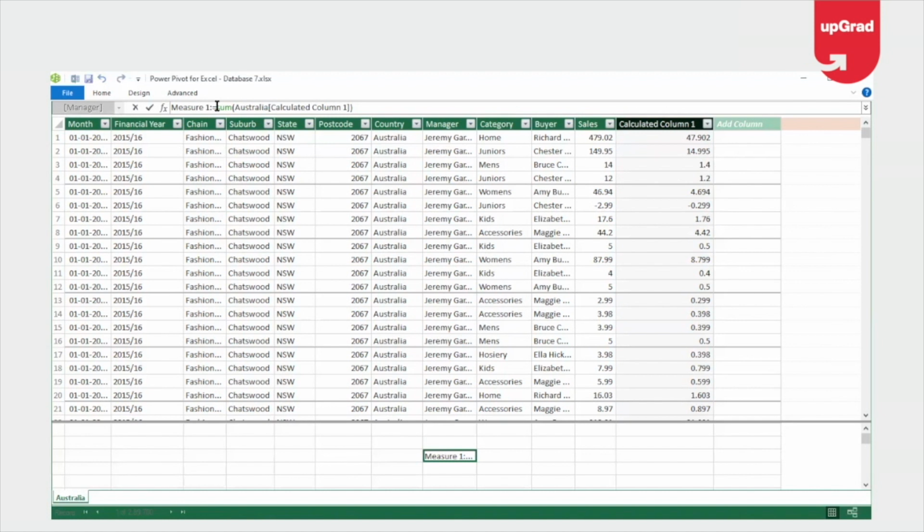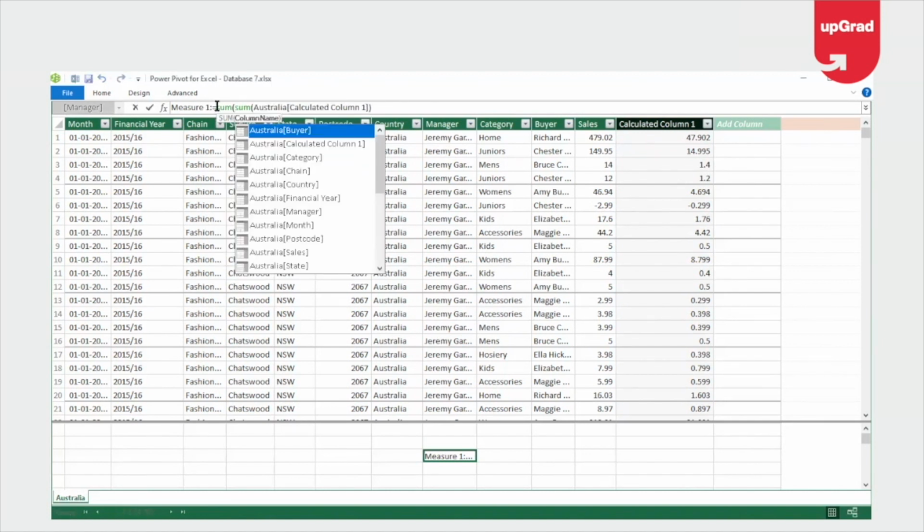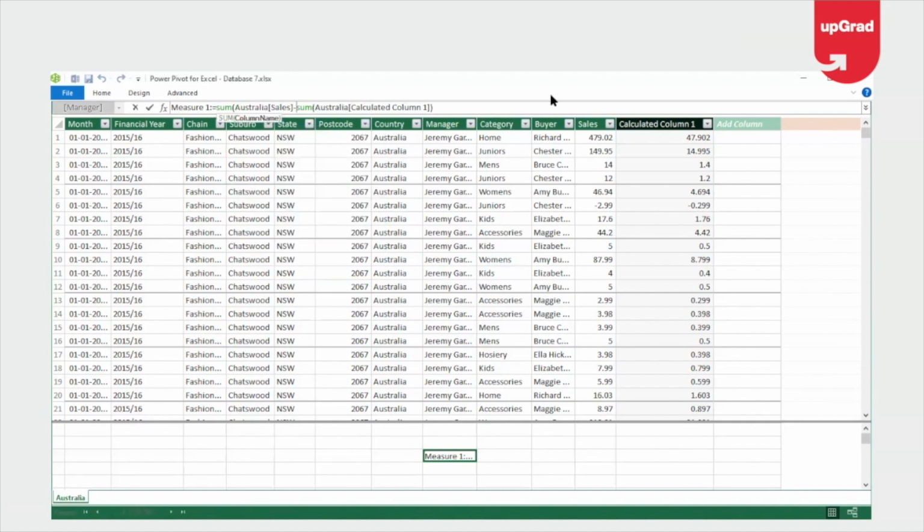So what I'm going to do is further do the calculation saying sum of sales minus the new calculated column, sum of calculated columns that I have here, and I need to close the bracket in the middle so that it takes the sum there.